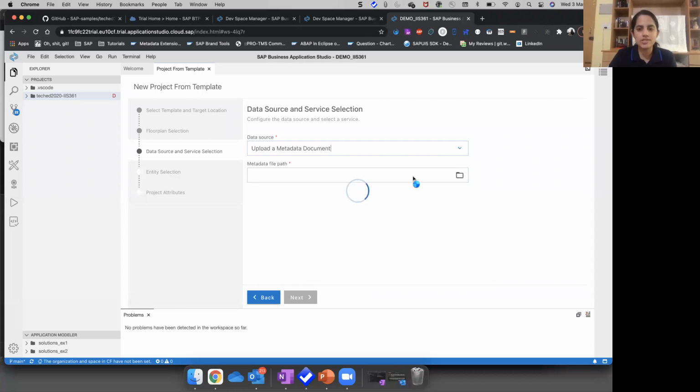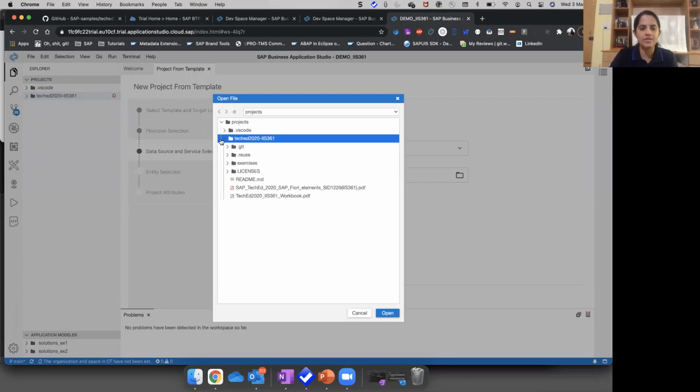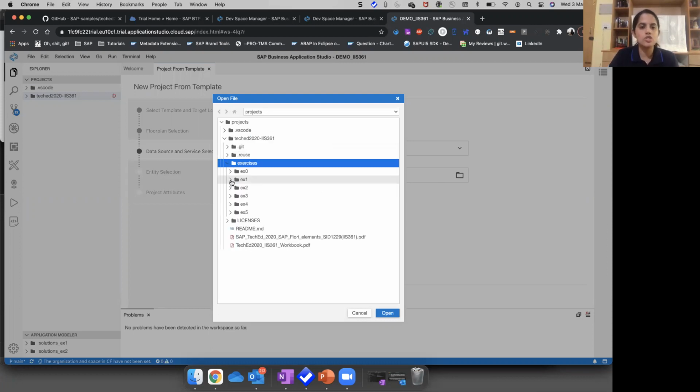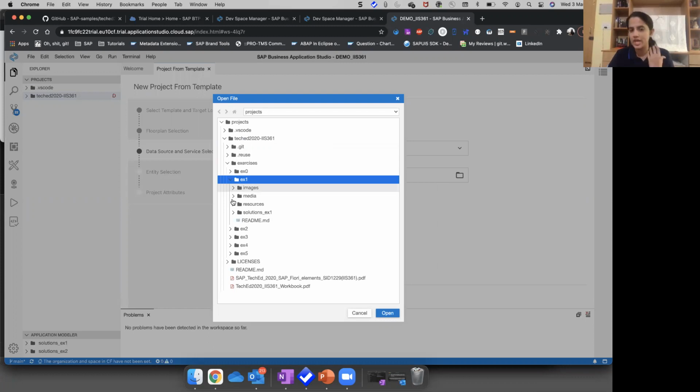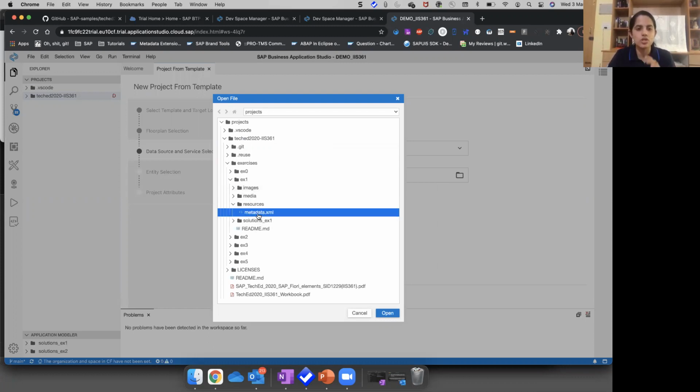Now, in order to choose the metadata document, you can browse for the files you already have under your projects. You would already have the TechEd project, which is cloned. Go into exercises, go into the first exercise, which is where we have all the resources. And from the resources, you can choose the metadata.xml